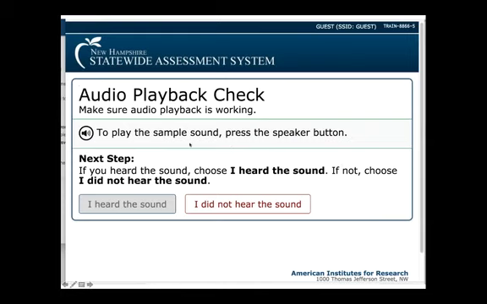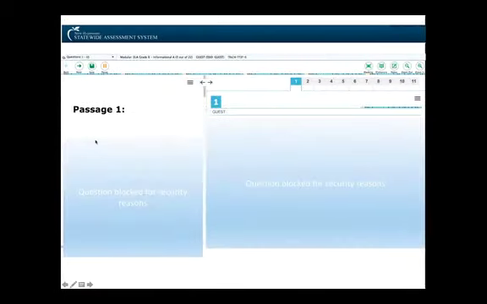One thing you have to do is hear the sound when you're doing the ELA test. And teachers and kids, they'll all just say, oh, I heard the sound, and they'll click, I heard the sound. But you actually have to click on there and hear the sound. Once you hear the sound, you'll come to the first question. A passage is on this side, and the questions are over here. This is a little different. We used to scroll through the questions, and now we just go from one to the next to the next. So all of these questions are related to this passage.